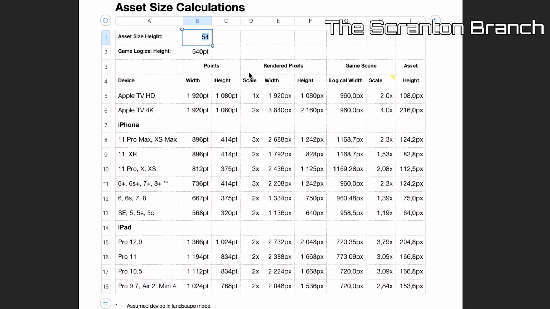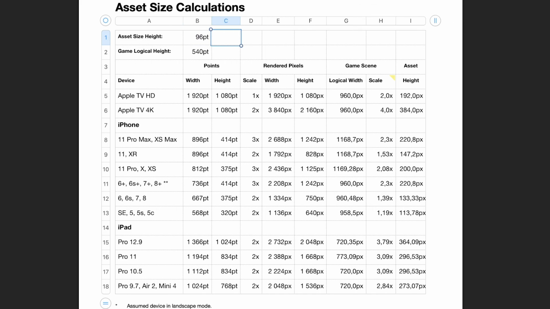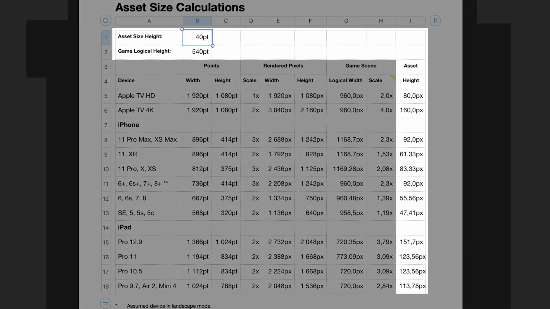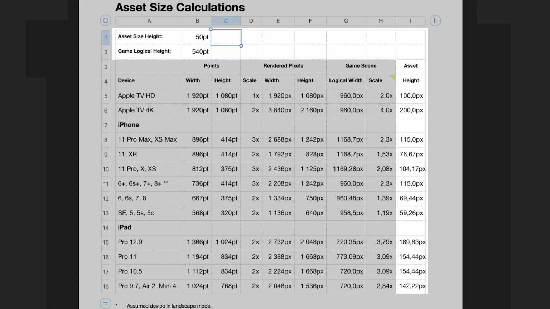When it comes to resolution for the assets that I'm going to use in the game, I am resorting to a plain old spreadsheet to help me quickly calculate what resolutions I need to export for each asset to get the optimal size for different targets. So, quick note, but do not underestimate the power of these basic tools.